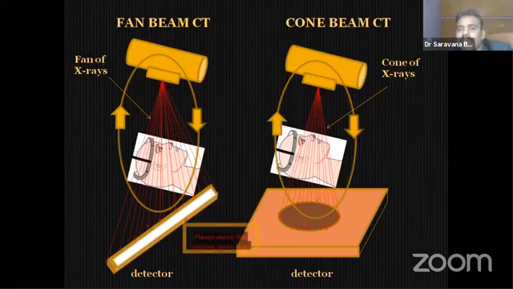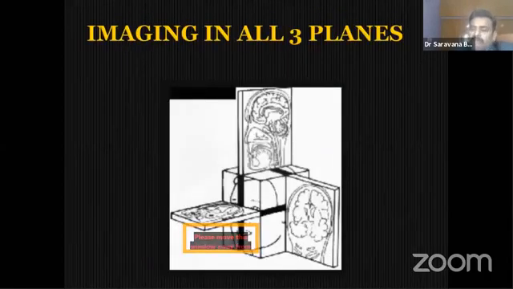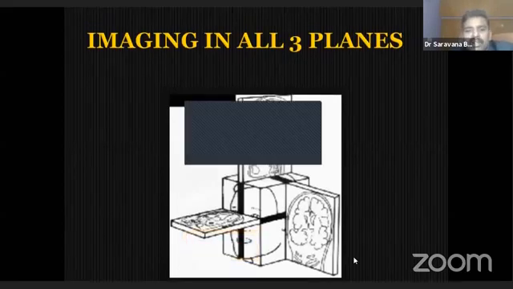This raw data will be going into the software. Every company is using different software. For example, Carestream is using different software. Okay. Newton is using some different software. Sirona is using some different software. In that software, we will be able to analyze the data. Okay. Next. First one, I told you, is the shape of the X-ray beam. The beam is fan shape. Here is cone-shaped beam. And second important one, we are able to image in all 3 planes.